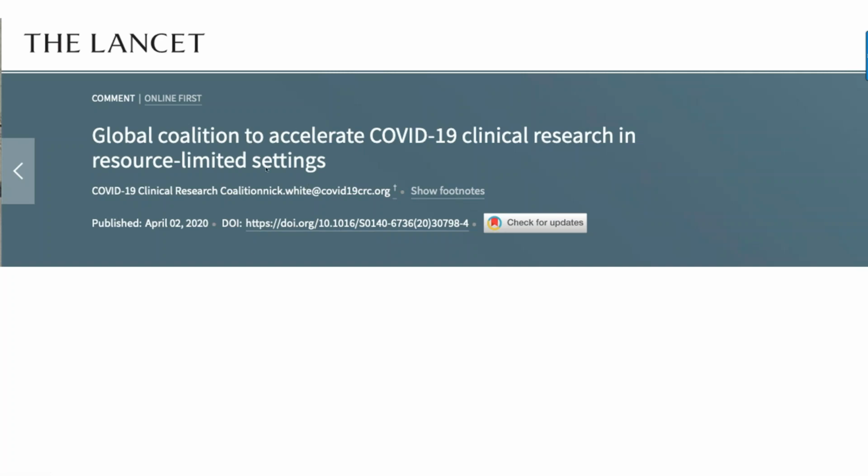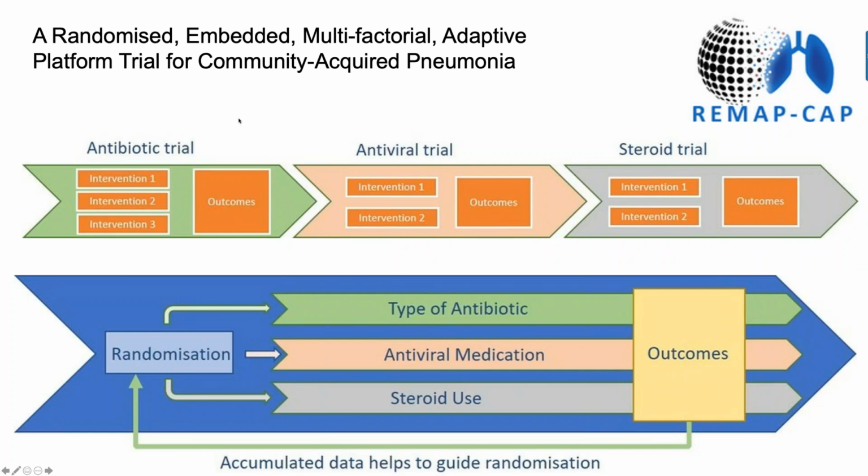And as a result, there are global initiatives to evaluate our various pharmacotherapies in a very thoughtful, systematic way, particularly in resource-limited settings. One of the trials which was put into place, which was planned quite early on, was the